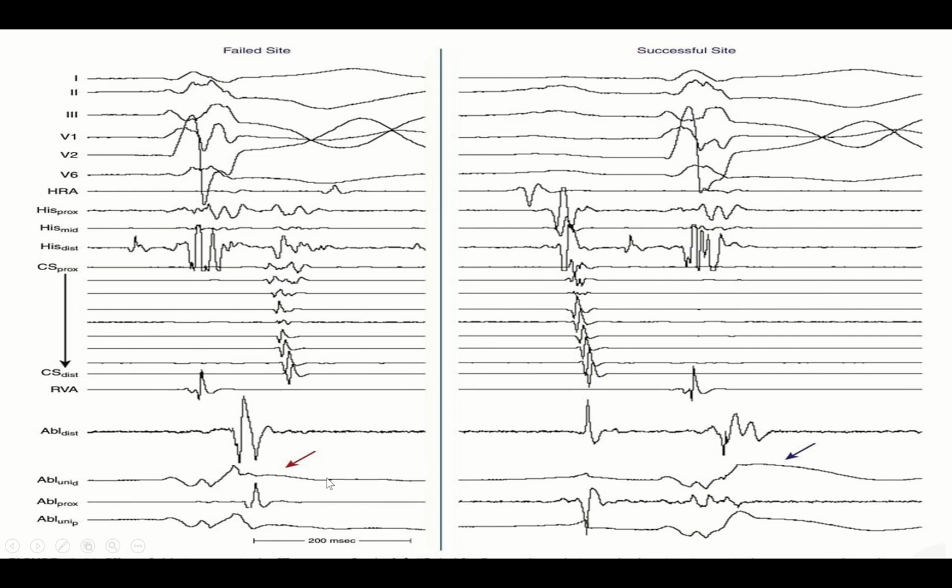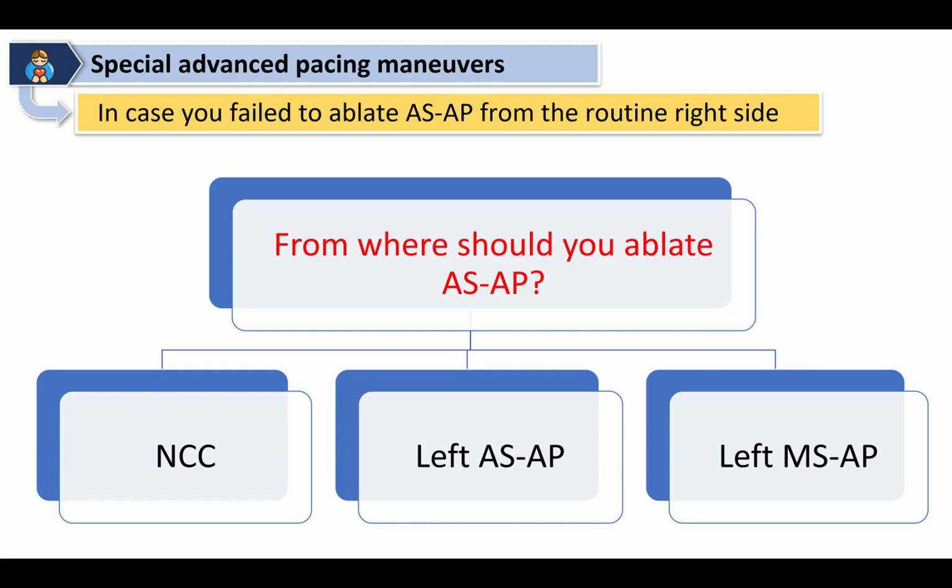What is the clue? Look at the unipolar ablation catheter, where we can see QS morphology, negative morphology. It means you are in a good place. That's why it is a successful site. Now let's go to the next golden rule. When we have a right septal accessory pathway, it's posterior septal, we know, and it's very common to go from the right side. But in case you did 1-2 trials of ablation for a right posterior septal accessory pathway and failed,